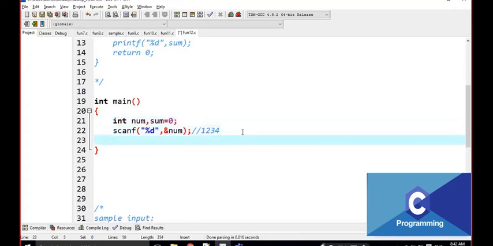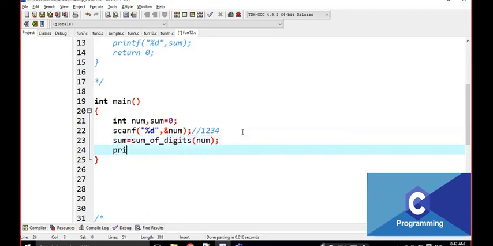I am going to call the function sum underscore of underscore digits, sum of digits of num here. I am going to take here sum is equal to the same thing. I am going to write here printf percentage d comma sum. I am writing here like this.